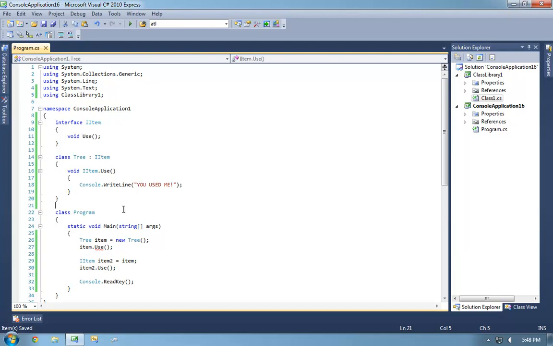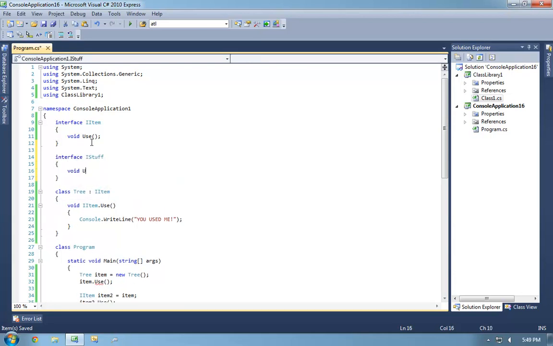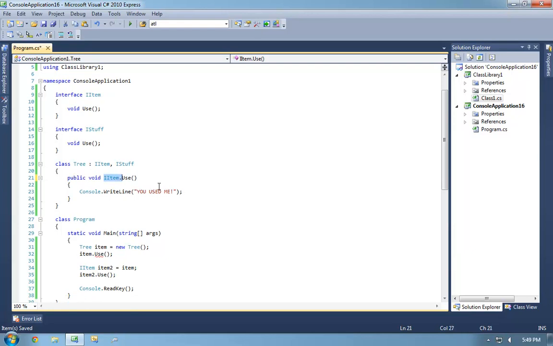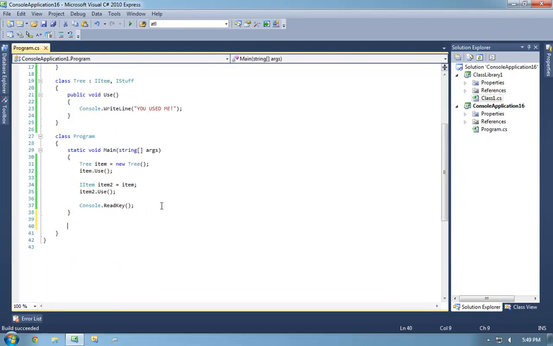The most common use case for explicit implementation is this. Now, I have two options. I can use implicit interface implementation here, in which case the use method will fulfill the contract of item and iStuff at the same time. So you'll notice that if I do a static void do stuff with an item, and then a static void do stuff with an iStuff,